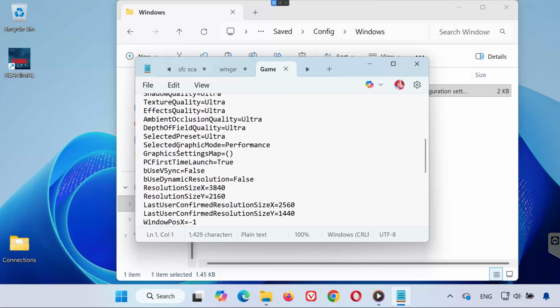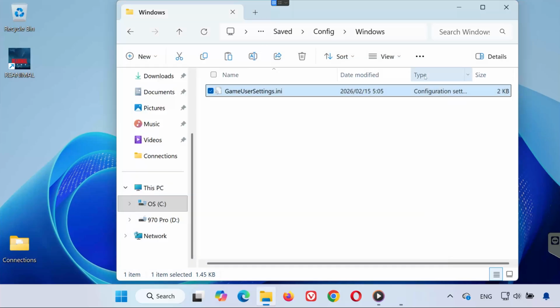And that's it. Now you know exactly where to find both the save files and the config file for ReAnimal